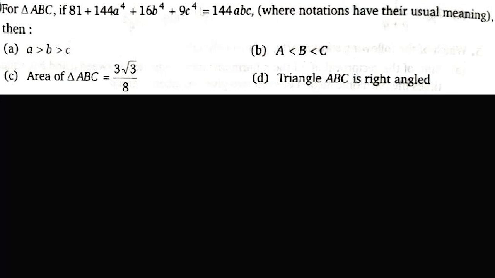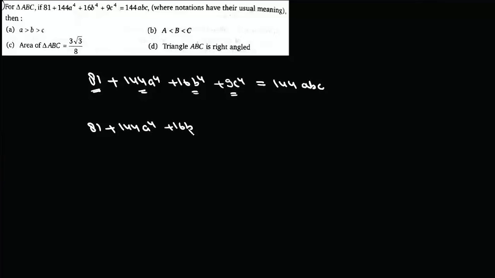Now in this question we are given that for triangle ABC, 81 plus 144 a to the power 4 plus 16 b to the power 4 plus 9 c to the power 4 is equal to 144 abc. Which of the following is correct? So what we'll do is consider these 4 numbers and write their arithmetic mean, which will be 81 plus 144 a to the power 4 plus 16 b to the power 4 plus 9 c to the power 4